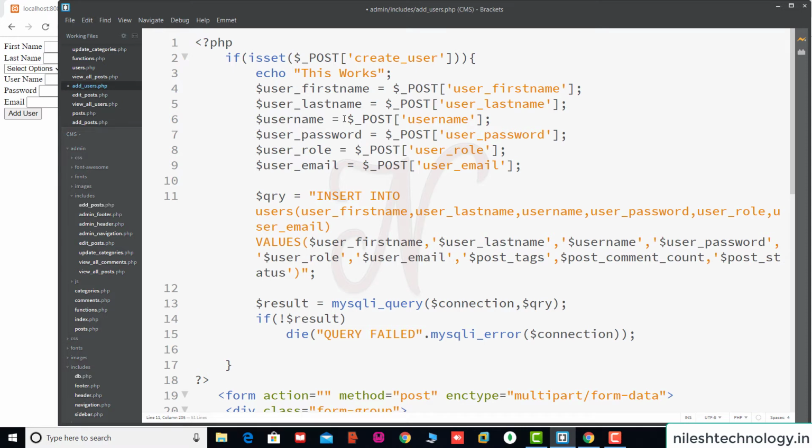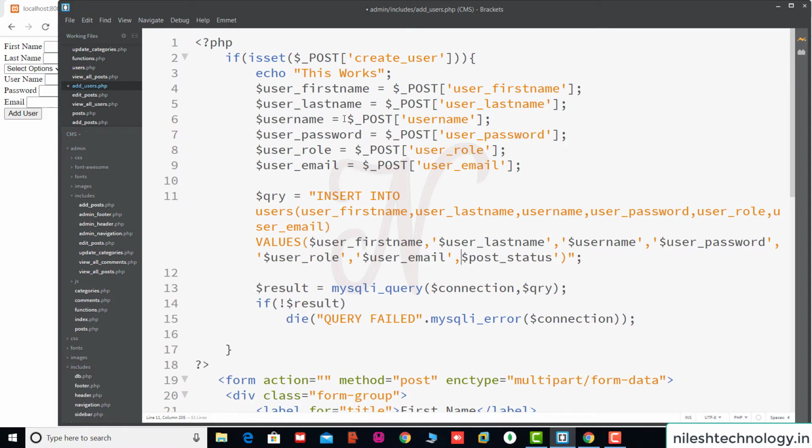Then we close this one here. The first name is in single quotes because this is varchar or text, then last name, username, password, role, email. Here we execute this query by using this function.